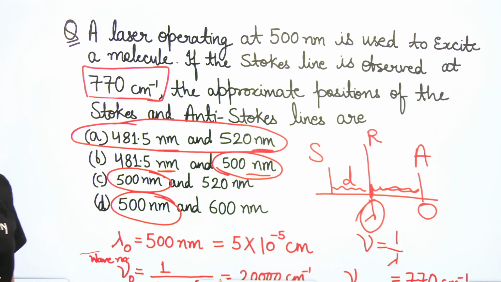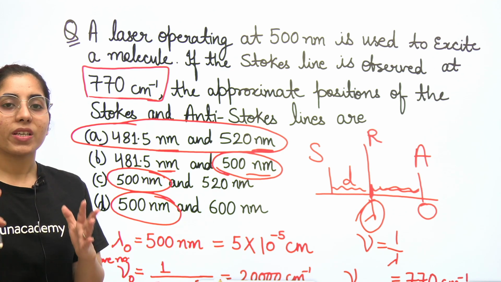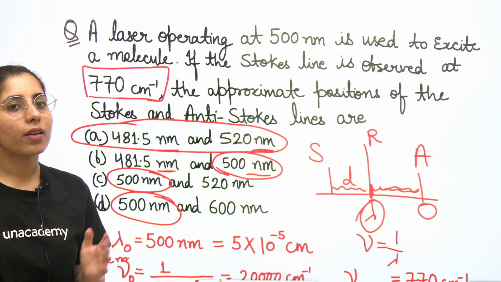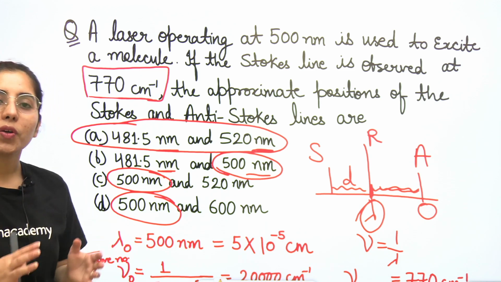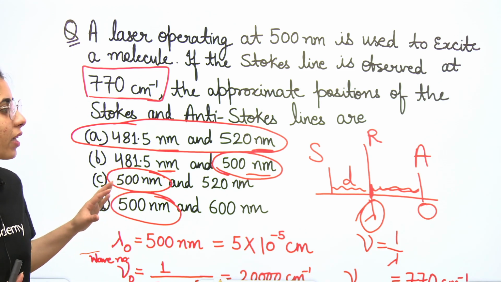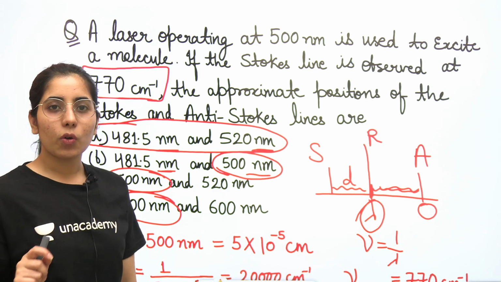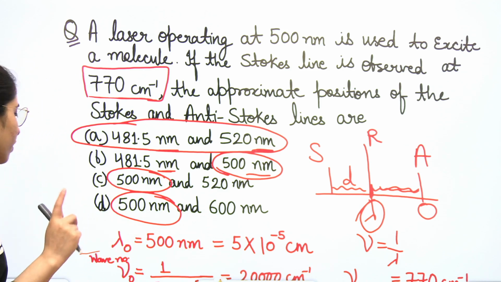So this was the thing we are going to consider here, that we can't have the same frequency for the Stokes and anti-Stokes lines which we have for the laser. Is it all right? So that was the main concept, and I hope it will be clear to all of you now. If anybody has any doubt or difficulty at this point, you can tell me about it.